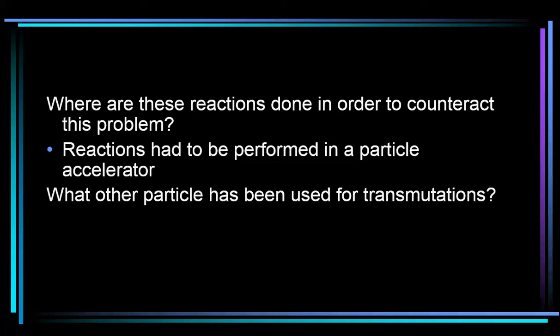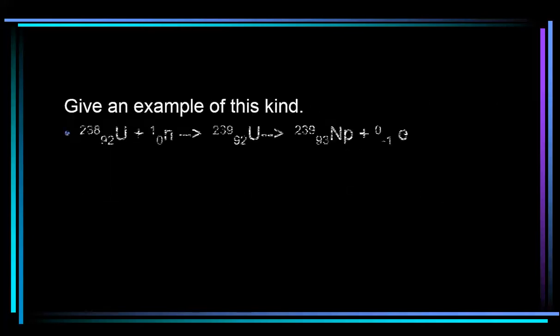So, what other particles did they start playing around with in order to make them do the same thing? Don't want to use protons because that doesn't work. How about neutrons? Yeah, what's the advantage of using neutrons? Yes? So will they repel off the nucleus? No. So they started playing with neutrons, slamming them into larger atoms like uranium-238, and it would become uranium-239, which was unstable,